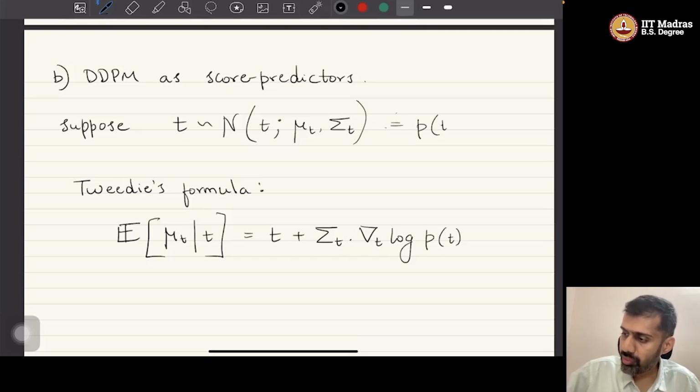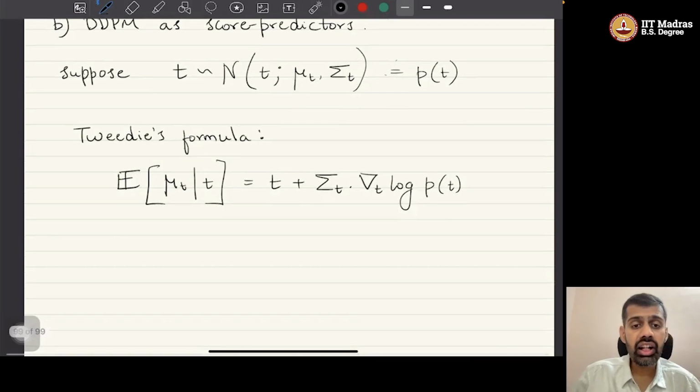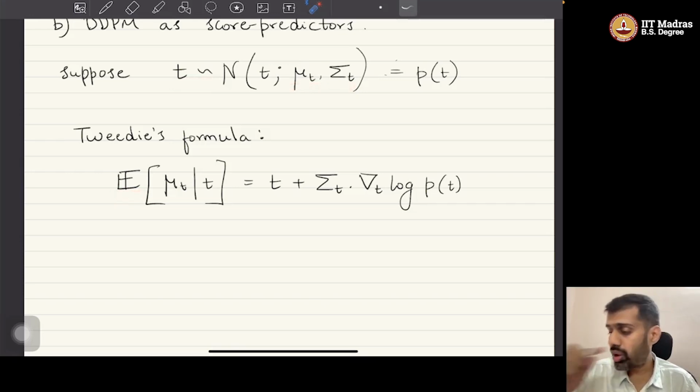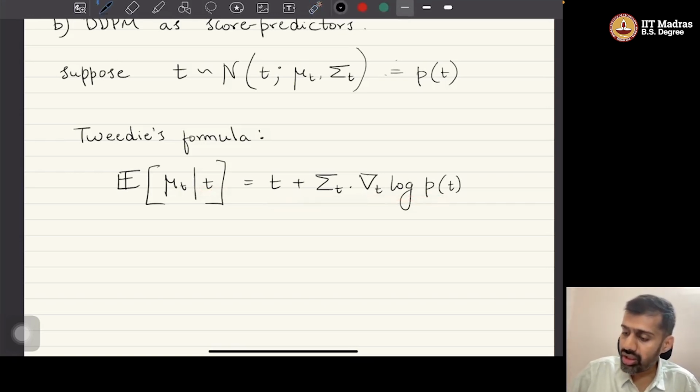Now I will not prove this result, I will take this as a fact. So what this is saying is, suppose there is a Gaussian random variable with a certain mean and variance. If you want to compute the expected value of the mean vector, given that you have already observed a particular value of the random variable, then it is given by this particular formula, where